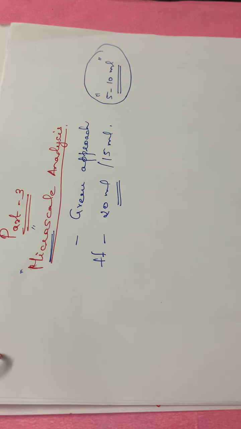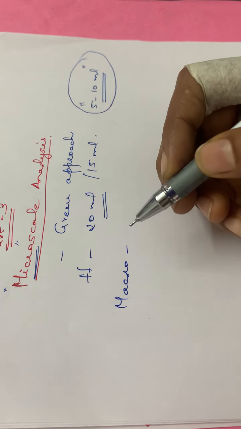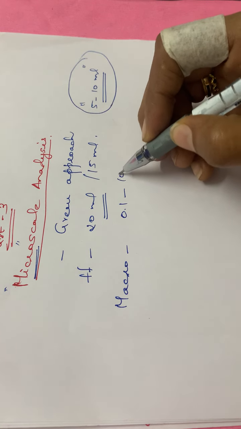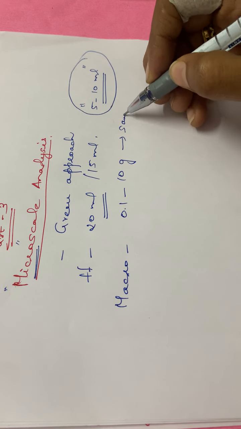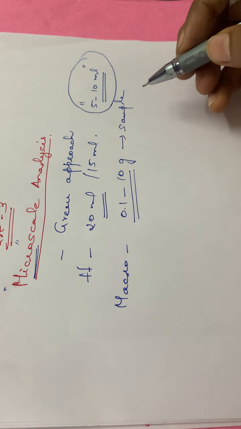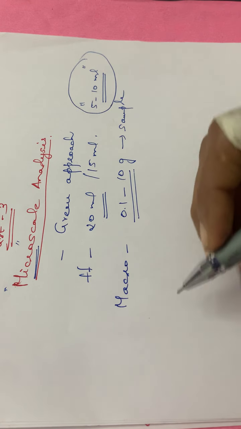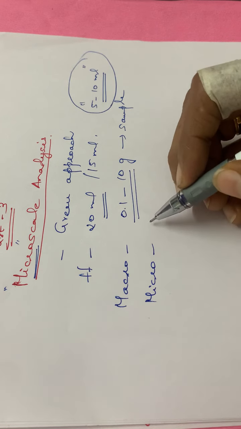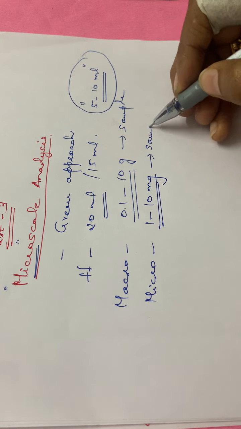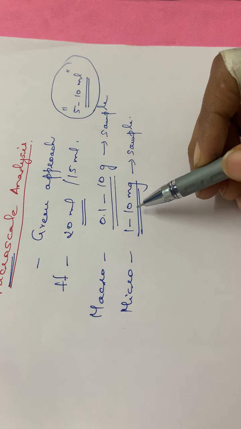ml. Okay, and for macro analysis, if you want to know micro, then you have to study what macro is. Macro analysis means there you will be using a sample of about 0.1 to 10 gram. The sample weight will range from 0.1 to 10 grams. So huge amounts of samples or reagents we are using, isn't it? Instead, in the case of micro analysis, we will be using samples of only about 1 to 10 milligrams. Okay, you have to imagine the sample weight. It's about 1 to 10 milligram in the case of micro.